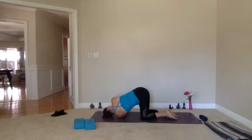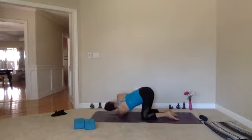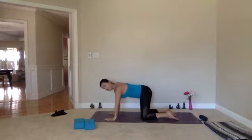3 breaths here. Notice where the breath is going in your body. Notice the sensations. Relax the face. Good, and then use your right hand next to your face to help you come up and return to the